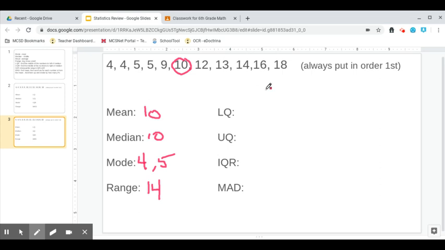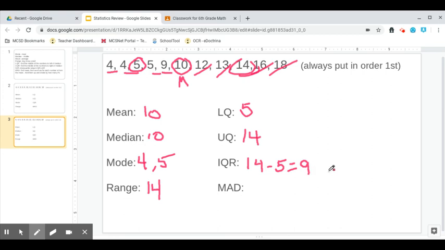Okay. So to get my lower quartile, I have to find the middle of these. My lower quartile, 5 is in the middle. My upper ones, 14 is in the middle. So that's how you do that. Once you find the median, the lower quartile is the middle of those numbers. The upper quartile is the middle of those numbers. Okay, my interquartile range is the upper minus the lower. 14 minus 5 is